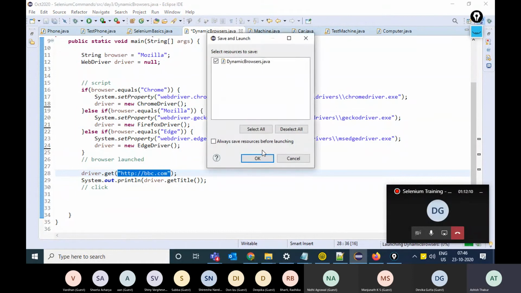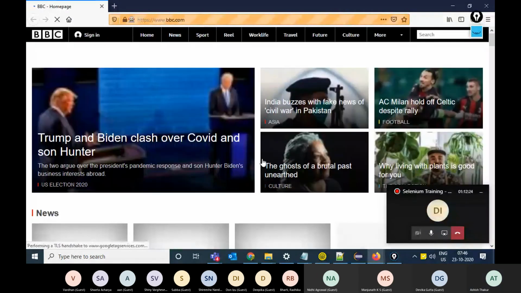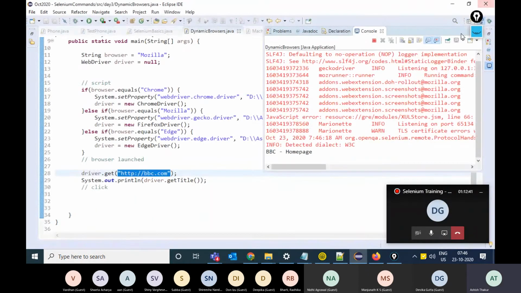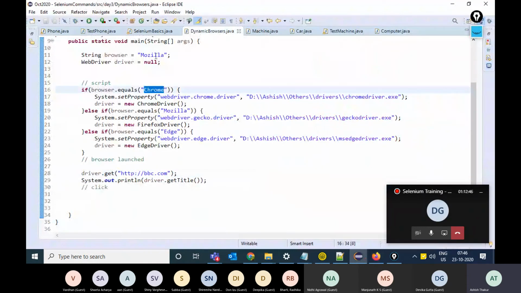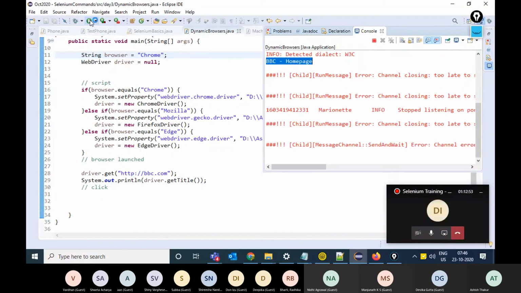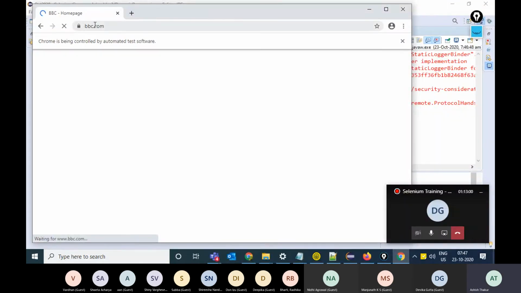And if I change this simply to Chrome and run this, you see Chrome will launch and it will take you to bbc.com.